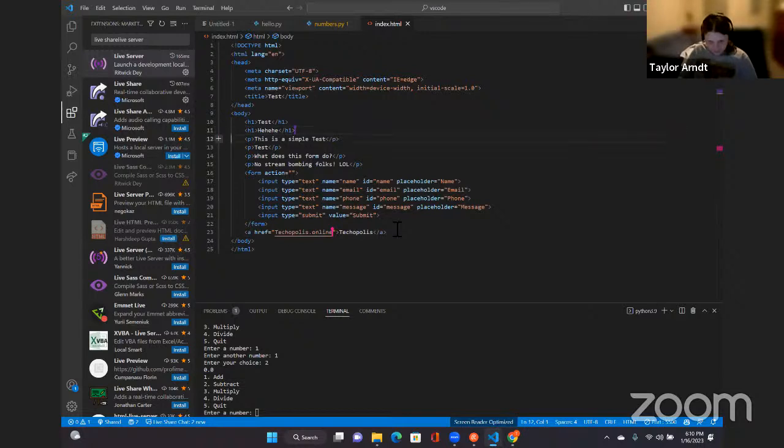<p>is a simple test</p> <p>test</p> <p>what does this form do?</p> <p>no stream bomb info stand</p> <form action=""> <input type="text" name="name" id="name" placeholder="name">